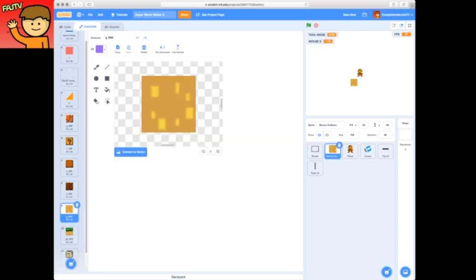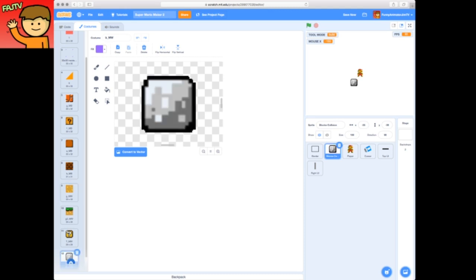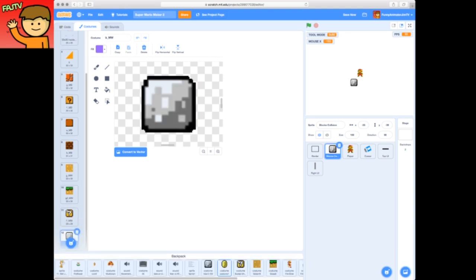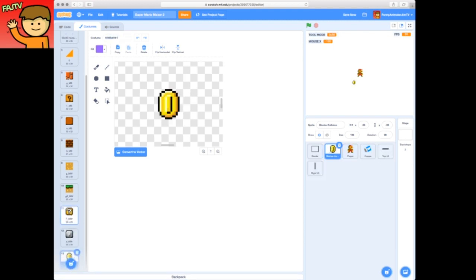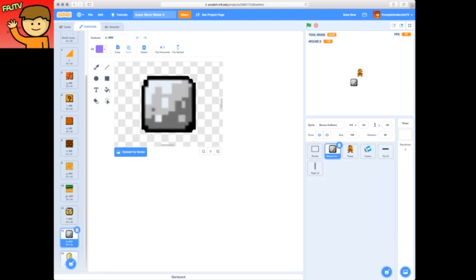Or this. So when he's touching a block, and I'll import a coin sprite. There's a coin right there. So when he's touching a block,